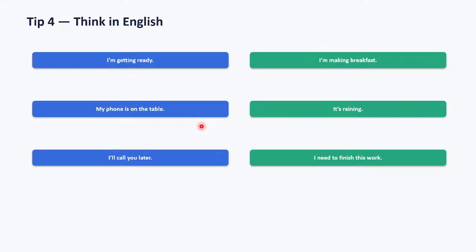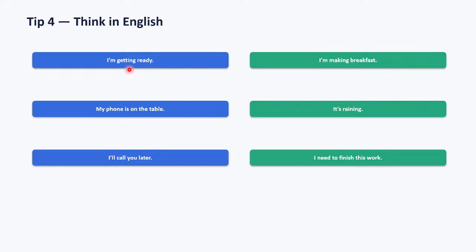Okay. Next, tip 4 is think in English. It is very, very important. If you want to learn any language, first try to think in that language. Whenever we are learning our local language, at that time we memorize what word I should use in that local language, correct me if I'm wrong. A similar way is there in English. If you want to learn English, if you want to speak English, try to think in English. Small sentences you can create.